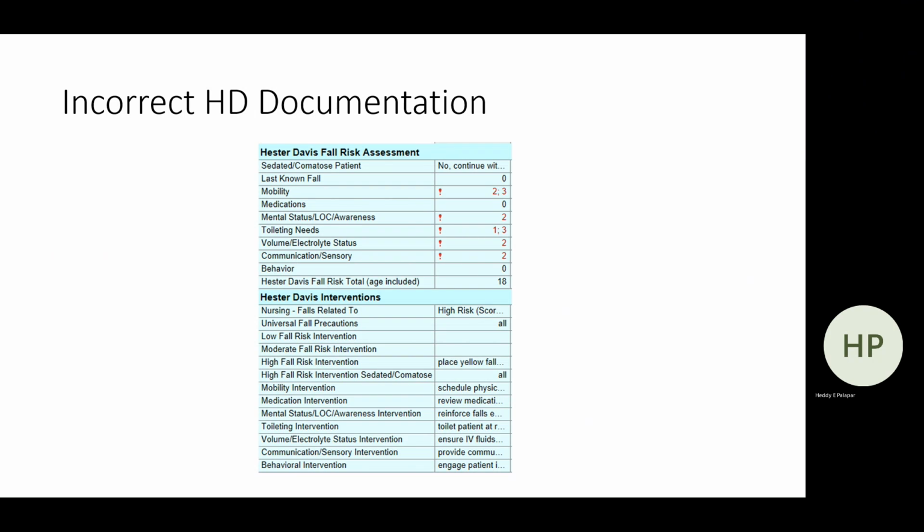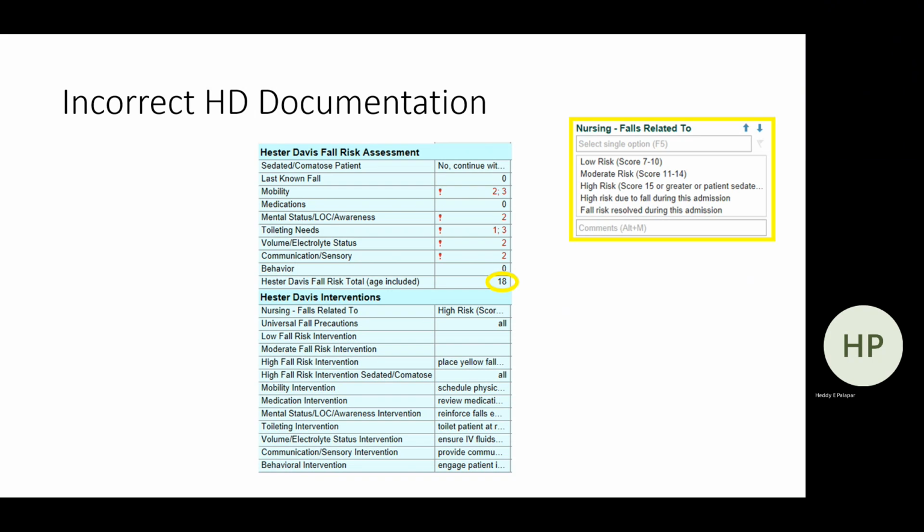For this example, I know the patient is considered high risk due to the total score of 18. The main area of concern for this patient is mobility, mental status, toileting needs, volume electrolyte status, and communication, which are all highlighted in red. The Hester Davis interventions for this assessment should include the following components